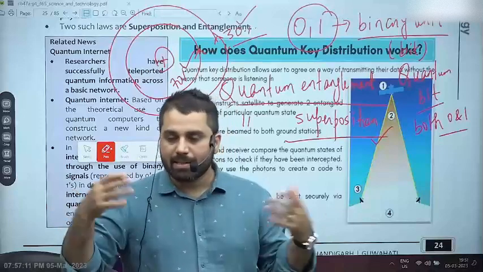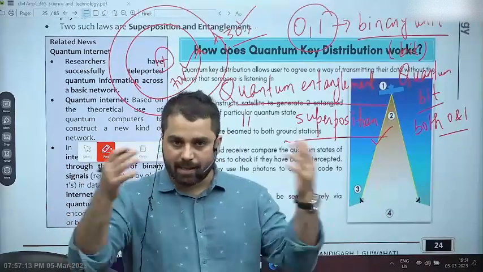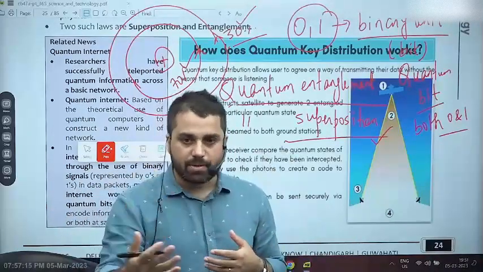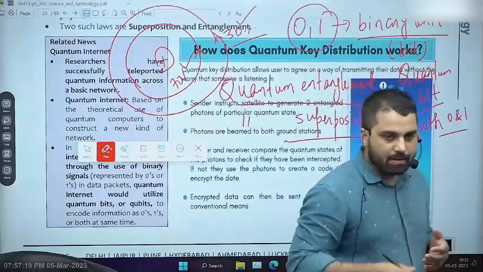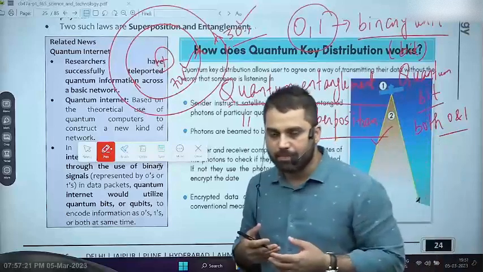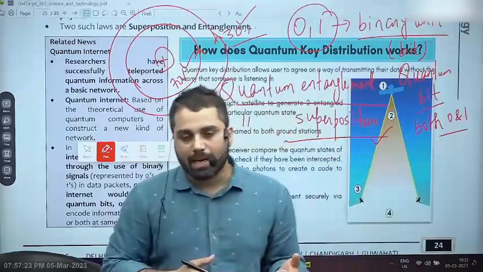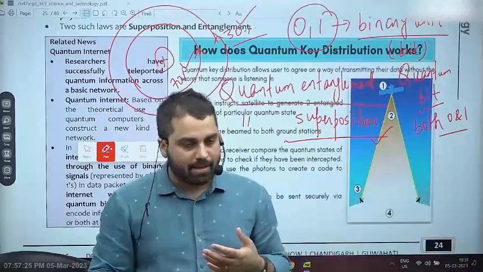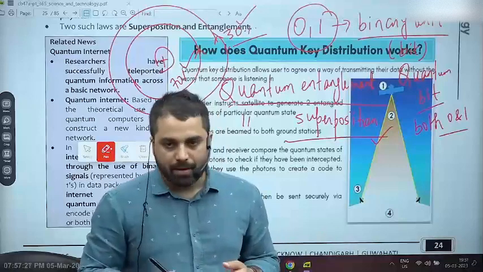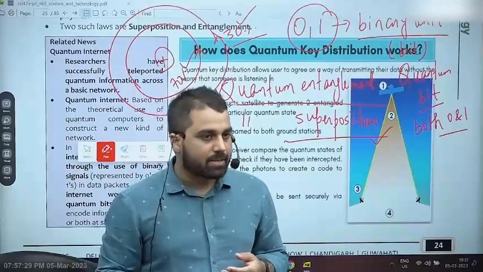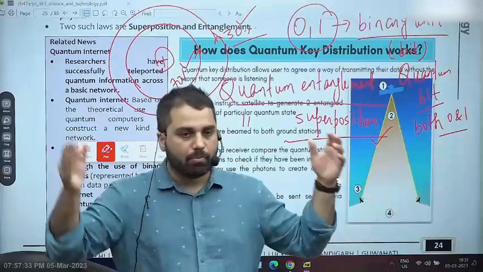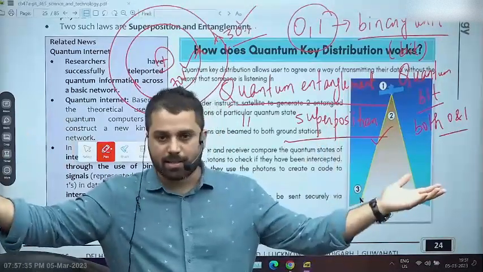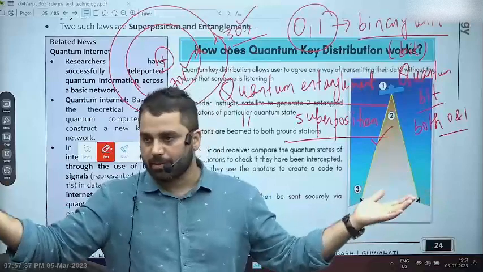They can measure the quantum state if there is any eavesdropper trying to listen to this conversation. Then they will have to measure the quantum state of this electron or this photon. But in quantum mechanics, the act of measurement changes the quantum state. And since the quantum state of one particle is going to change, the other particle will automatically change. Now both the sender and receiver know that there is an eavesdropper here, and they will abandon